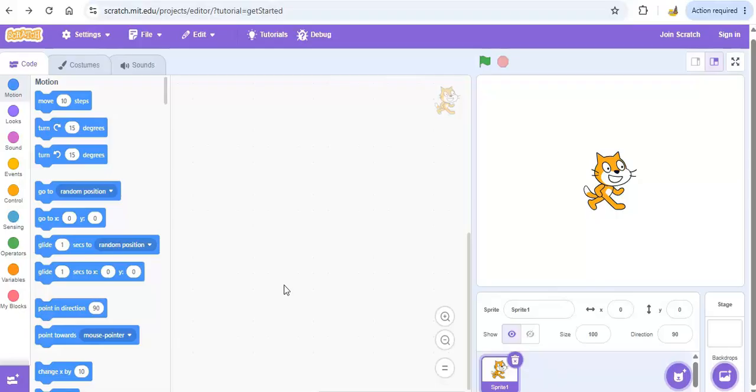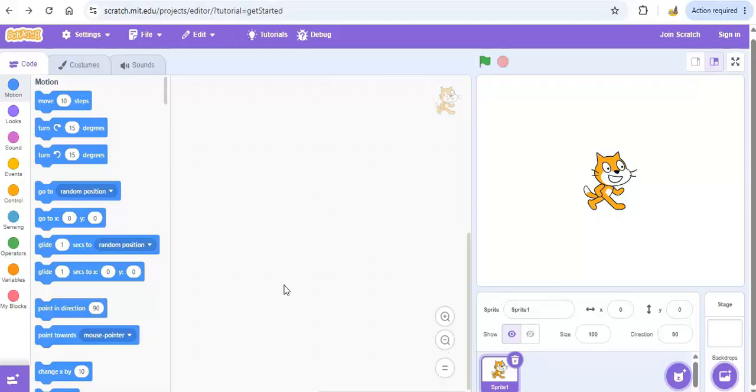So I already went ahead and logged into Scratch. If you have not had a chance, go back and watch the first 2 episodes. The first one is going to take you through how to use the interface. The second one is going to take you through how to create motion with your sprites to make things move. So as you're doing your presentations, you can create some interaction and have some activities or things happening on the